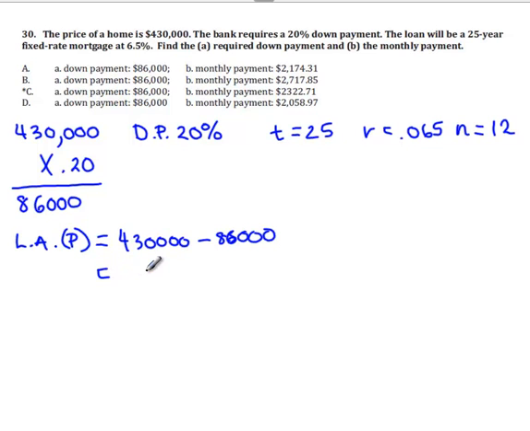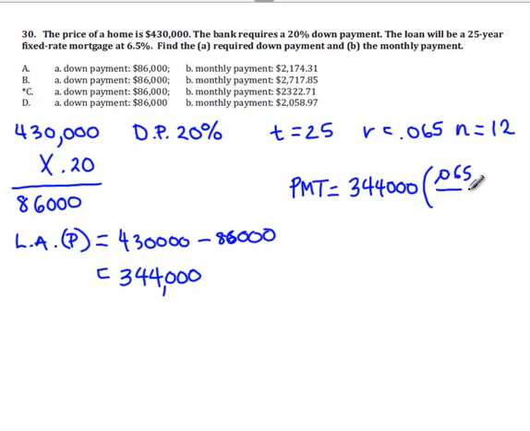So our loan amount is going to be $344,000. So now we have everything we need in order to find the payment. We'll use the payment formula, which says, take the amount of the loan, multiply that by the rate over the number of times the money is compounded in a year, the same as the number of payments. Divide that by,